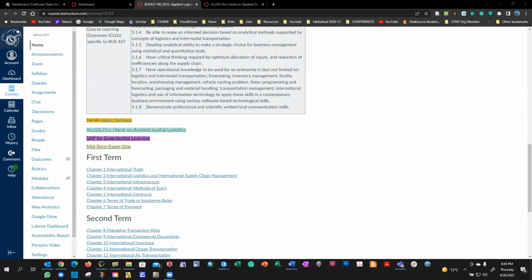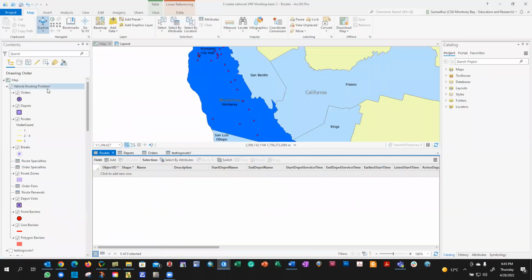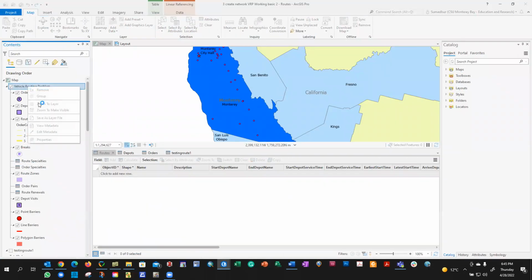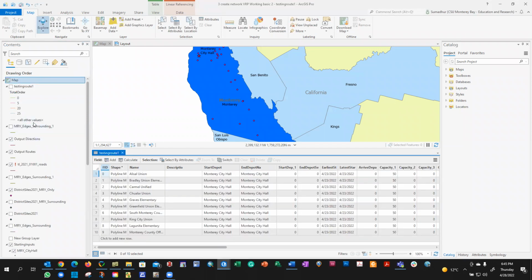Okay, so in this session, I'm going to show you how to work with the VRP, vehicle routing problem. So let me get rid of what's already there, and I'll start from where I've provided you some of the data set. So let me get to this,